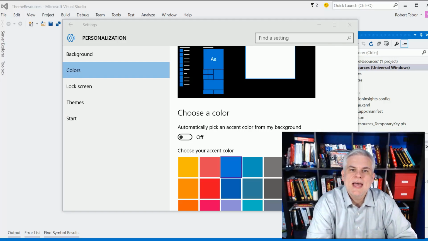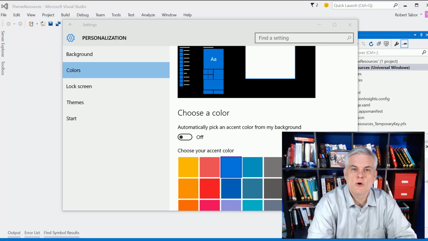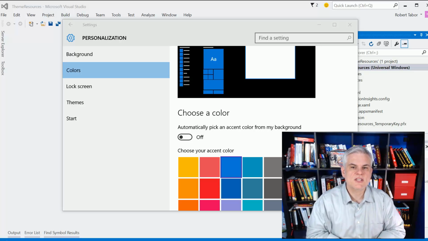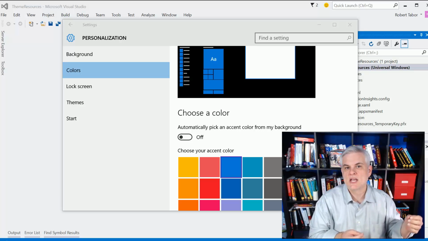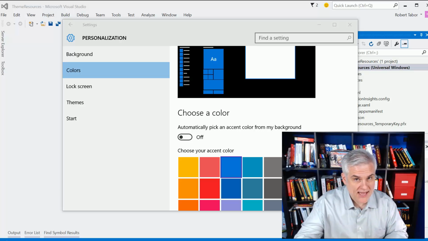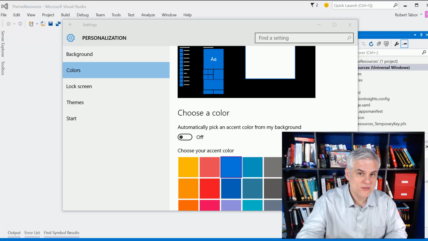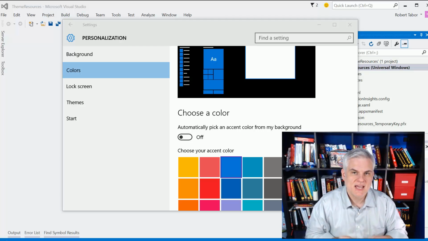All right. So, as a developer, you can choose to utilize these color selections in your app so that your app honors the user's choices. Now, you're not required to do this, but you probably should, unless you have a particular branding goal in mind. So there are a set of colors, or rather a set of styles, that allow you to utilize those colors that were selected by the user. Getting to that resource dictionary where those styles are defined, that's a little bit tricky, and that'll be the topic